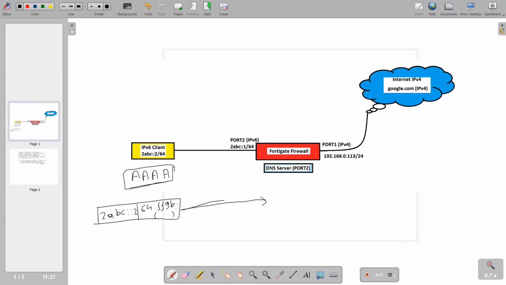Okay, we have already completed one step of the communication, which is the DNS resolution, which converts the A record to an AAAA record and sends it back to the client. Now the second phase of communication is initiating the actual packet. It comes to the FortiGate firewall and hits the NAT policy, NAT64 we call it, or most of the firewall vendors call it NAT64, which